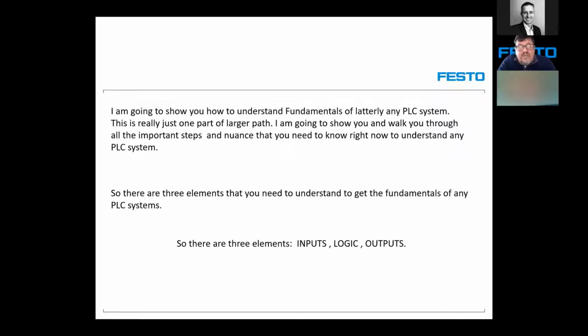Okay, so there are three elements. First thing is your inputs, then your logic. That's the program, or your thoughts when it comes to your program, and then the outputs. Those are the three basic components or elements of a PLC. Right, to understand what the inputs are,